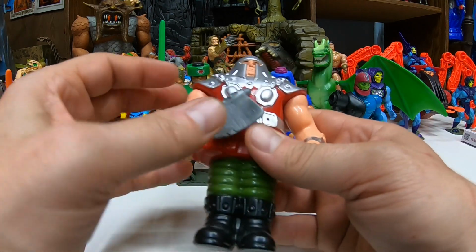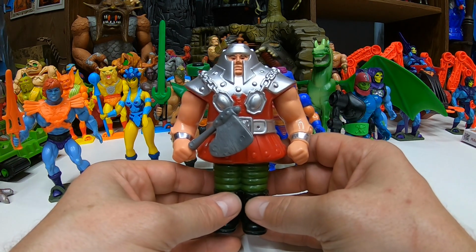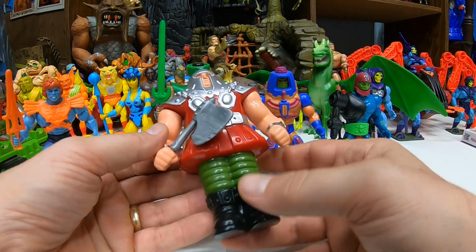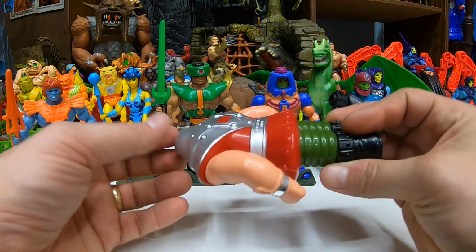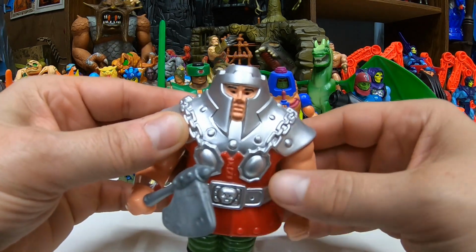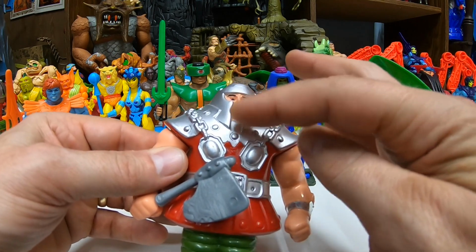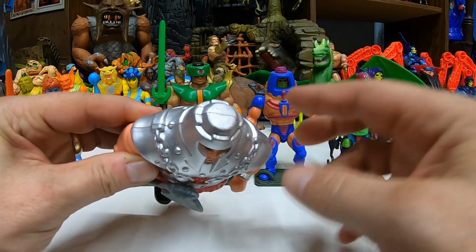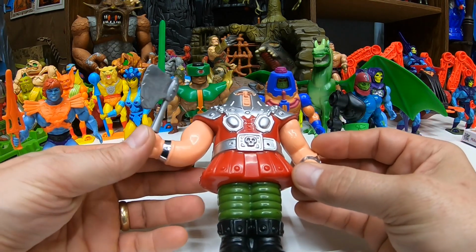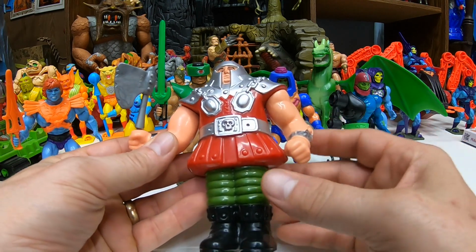Now the thing when it comes to value for Ramman is 2 things. One is the overall paint condition, because this guy was Ramman, of course, so he was bashed into everything. Like mine, for example, I finally came across one that has relatively clean paint everywhere. A lot of times this will be all scuffed off, and on top of the head. So my condition Ramman, I would say, you could sell for a premium, over $30, maybe $40,